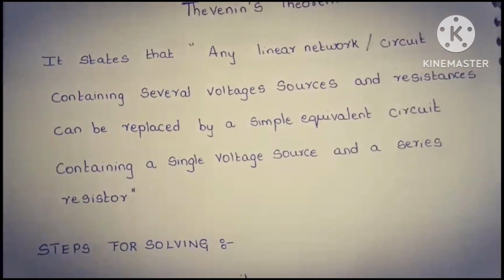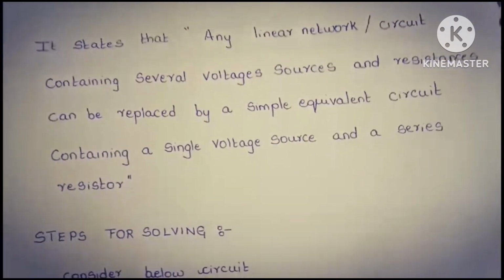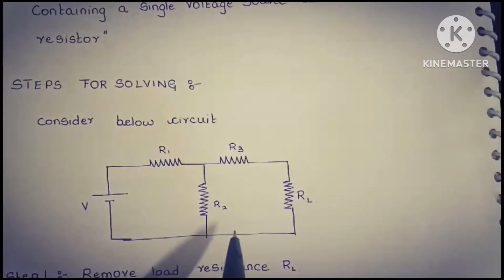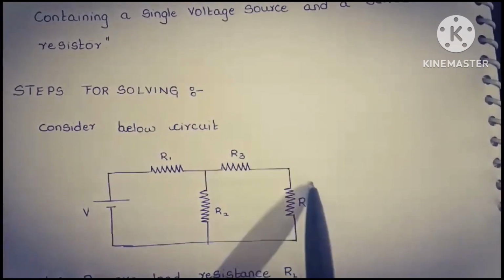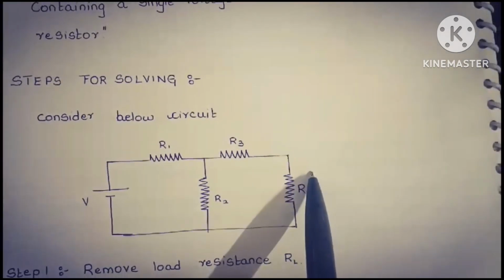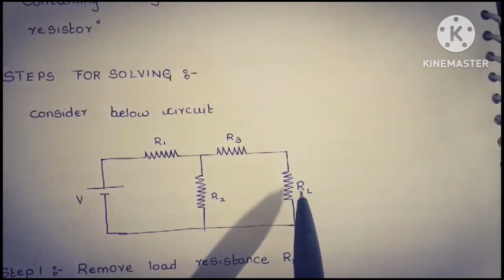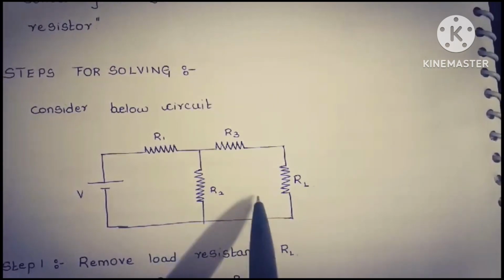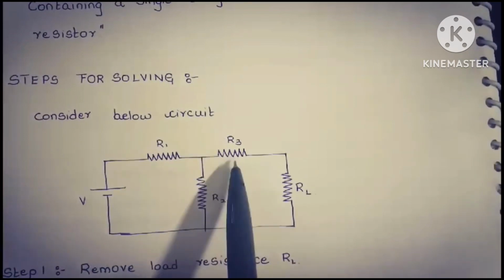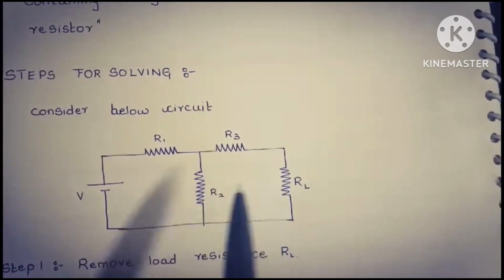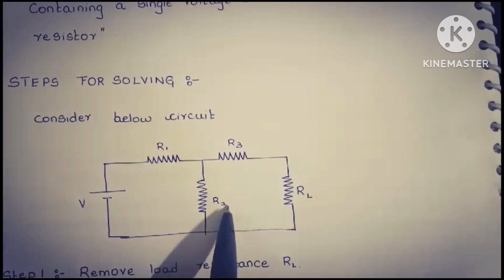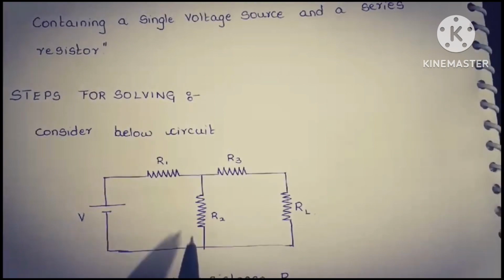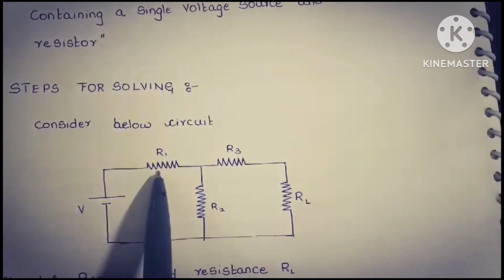So in order to analyze this particular statement, let us consider an example. This is the circuit which is given, and here we need to find out the current flowing through RL. Therefore, RL is considered to be a load resistance. In this circuit we have a voltage source and a number of resistors. Therefore, this circuit can be represented as a simple equivalent circuit consisting of a single voltage source and a single